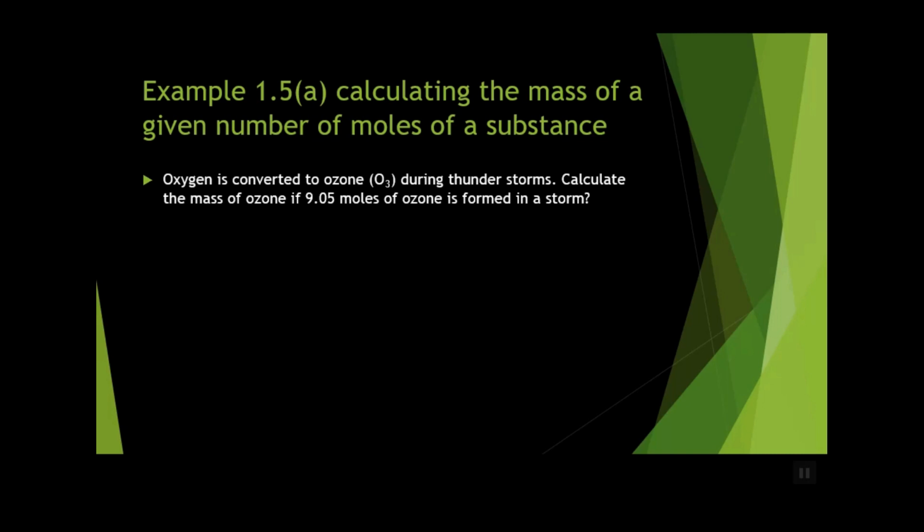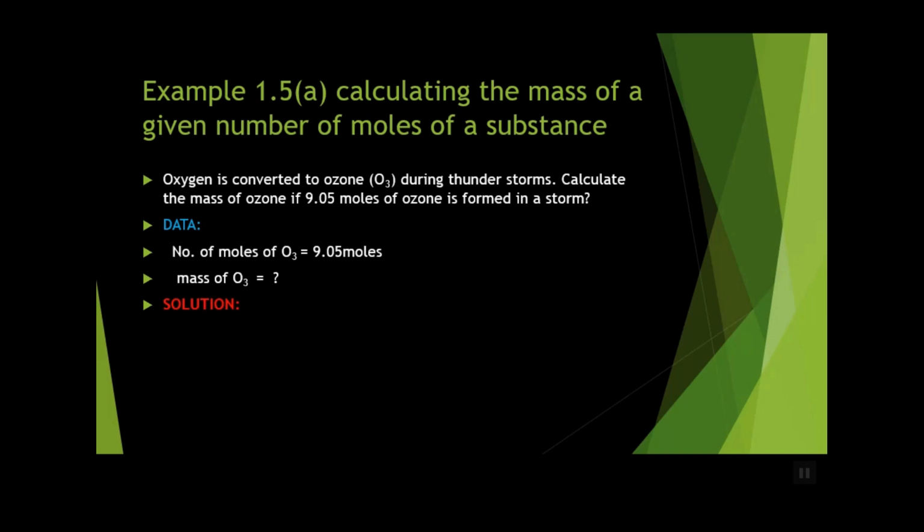What is the good way to start the solution of the numericals? First step is to make data. In data, you have to put the values that are given and that you have to find out. So, to make data, number of moles of O3 ozone is 9.05 moles and mass of O3 is unknown to us. Therefore, now solution. Students, in mole mass calculations, first step is always to find the molar mass of a